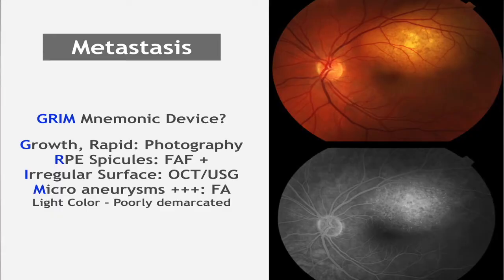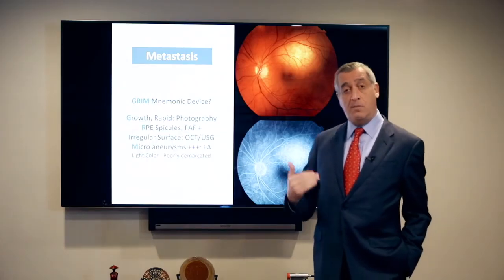So I tried to think of a mnemonic for metastasis, and I came up with GRIM. That probably suits the process. Growth, as I said, much more rapid growth than a choroidal melanoma, best documented by photography. So you get a photograph when the patient comes in, and get another photograph when the patient comes in the second time. If you are observing a small lesion and you think it might be a metastasis, you may observe the